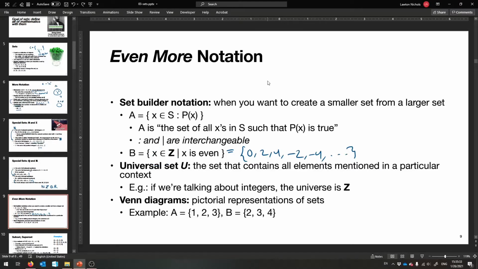Okay, this is very convenient for us, you will find. And then this is a bit of a weird thing. It's called the universal set, and it will make sense, but it only makes sense in context. So if we're talking about something like, okay, I define a bunch of sets starting from the integers, Z, maybe making them a bit smaller by picking out certain ones, the universe, sometimes called the universe of discourse,